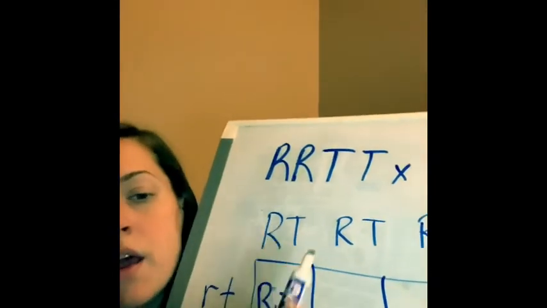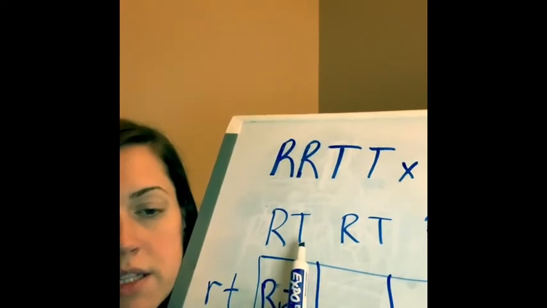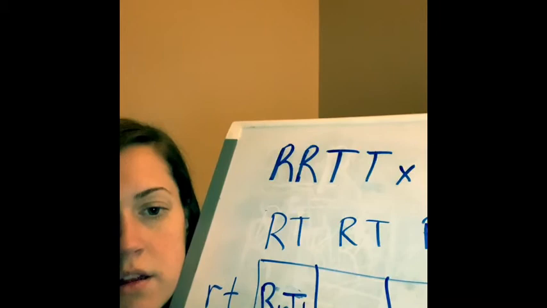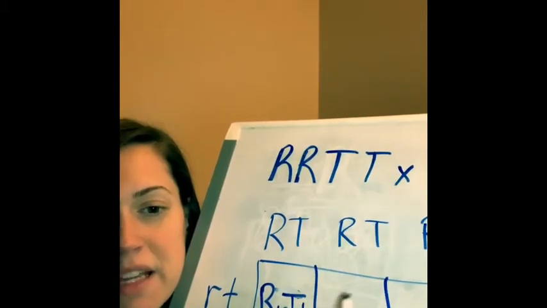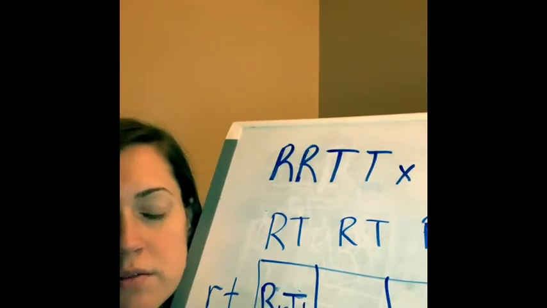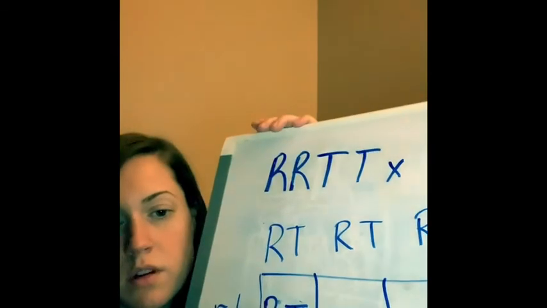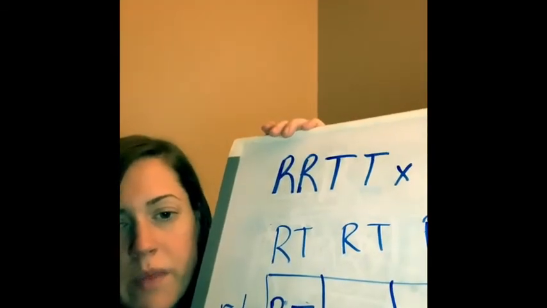Okay, so you have big R, little r, big T, little t. It's going to be the exact same thing for each one. So all 100% of the offspring for this cross will result in that genotype, and they will all have